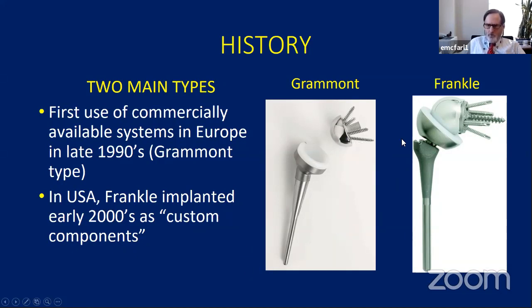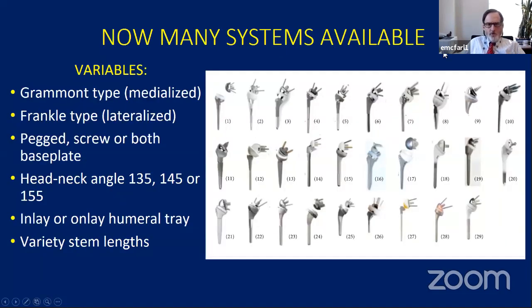These two were competing models through the 2000s and early 2010s, while we figured out which ones had the best results. Since then, though, there are probably 30 or 35 systems, and they all vary according to different configurations of the glenoids or whatever. So when you do start doing these, you have to pay attention to some of the geometries. The good news is most of them work pretty well.